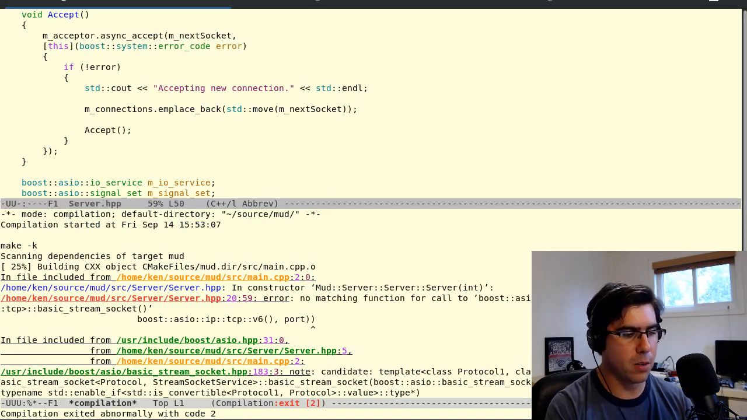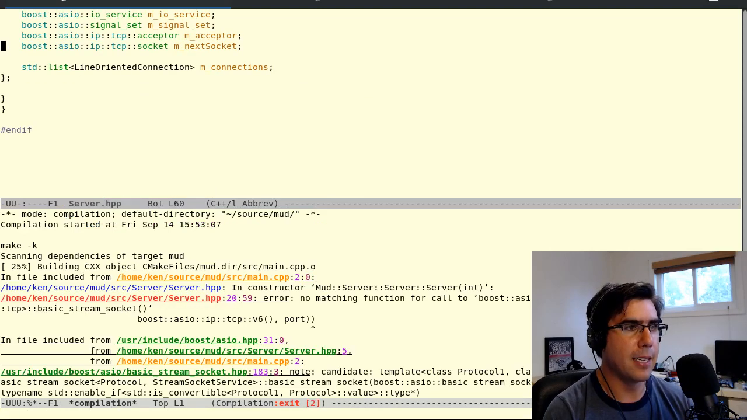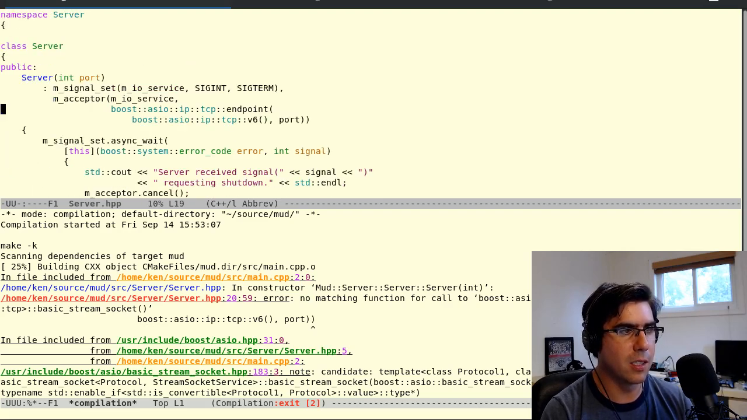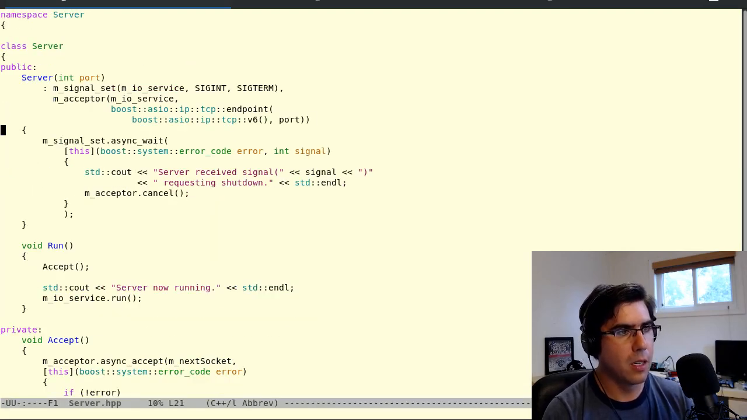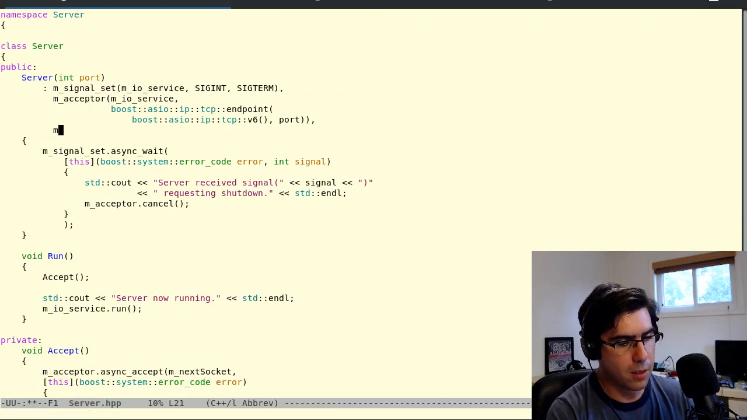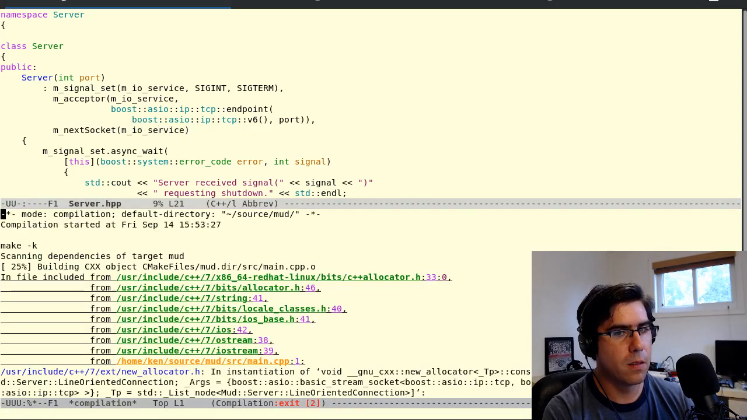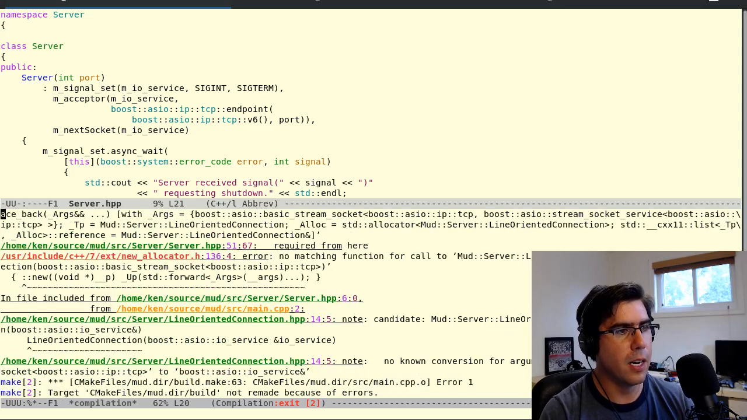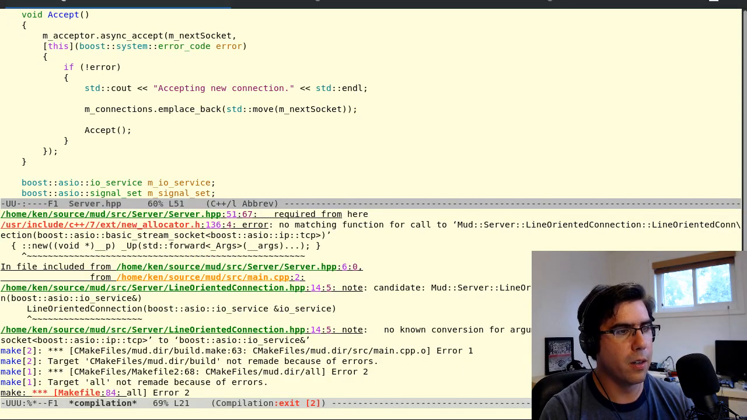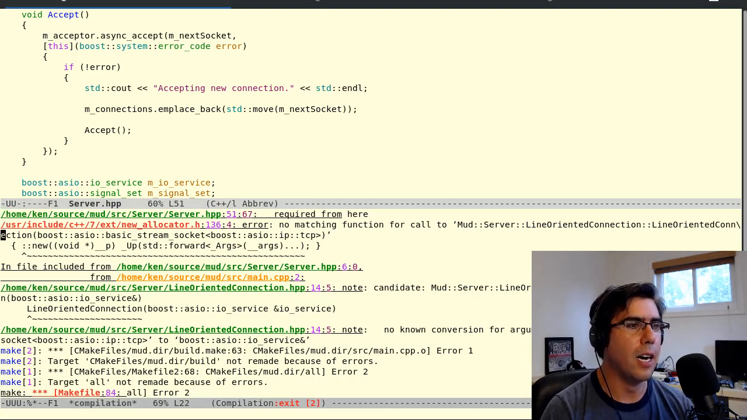Oh, first we need to initialize mnext socket. Mnext socket we're constructing with a default constructor, which doesn't exist. So let's just initialize that up here. Next socket, mio service. Okay. And then we'll try and compile it. What error are we getting? We're getting no matching function call to